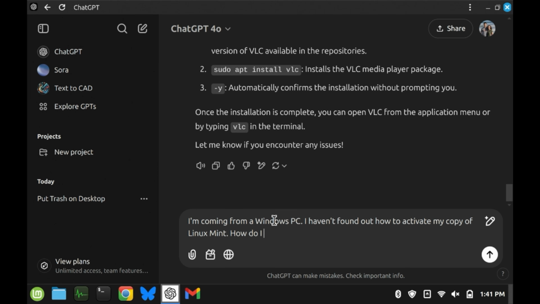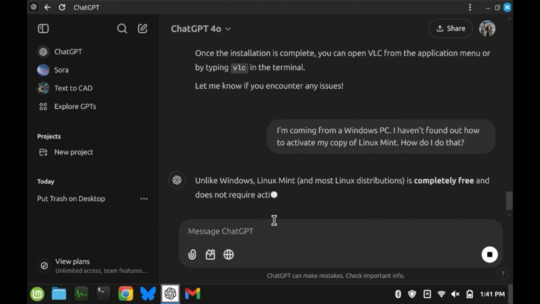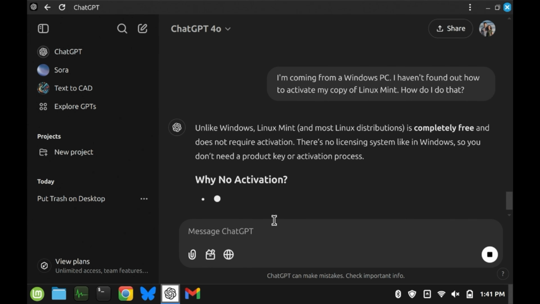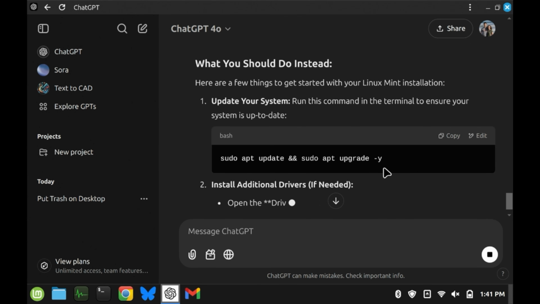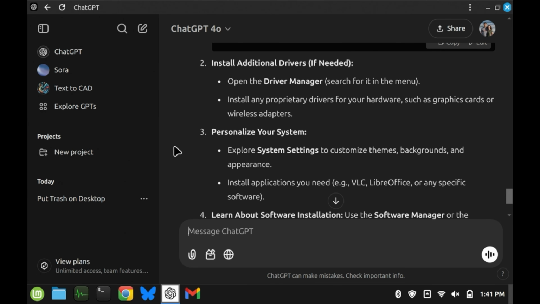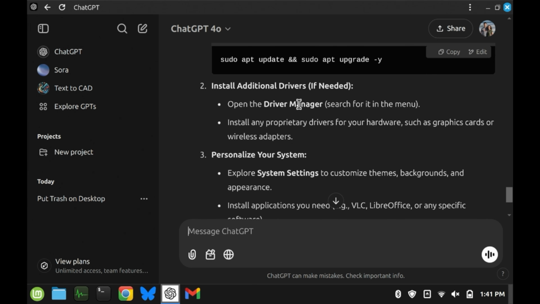you can ask ChatGPT, hey, I'm in Linux Mint, I'm coming from Windows, what do I need to do this thing? Whether it's change the icon of the start menu, and I'm sure that Linux people won't love me calling it the start menu, but again, I've been Windows most of my life, or whether it's changing wallpapers, connecting to network drives, whatever the case is, it's going to be able to help you out with those, at least on the